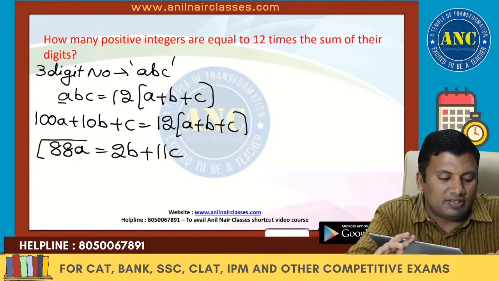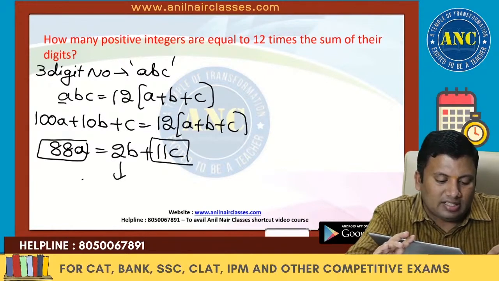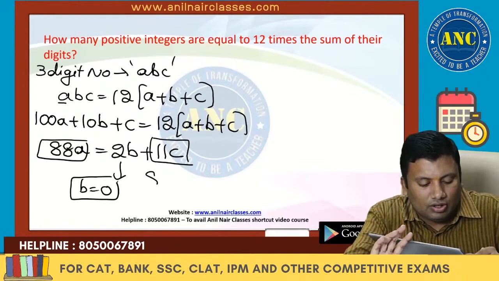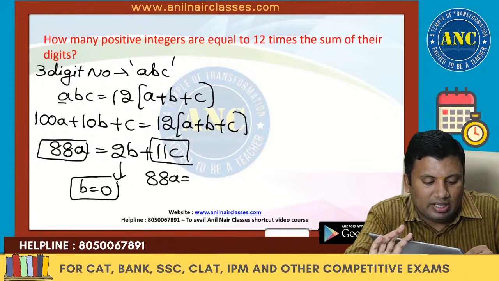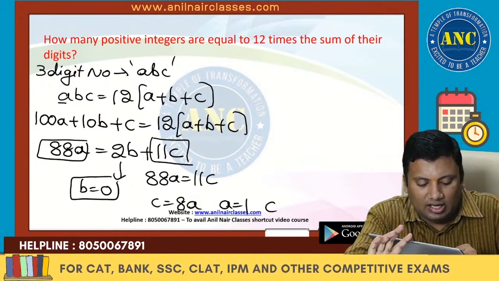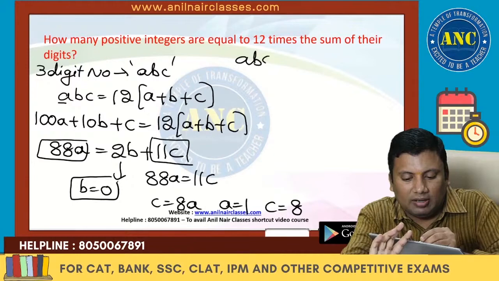This is divisible by 11. B is a single digit, so 0 will make it divisible by 11. 11 zeros are 0. So this is nothing but 88A equivalent to 11C, C equivalent to 8A. That means if A is 1, C is 8. So the number is nothing but